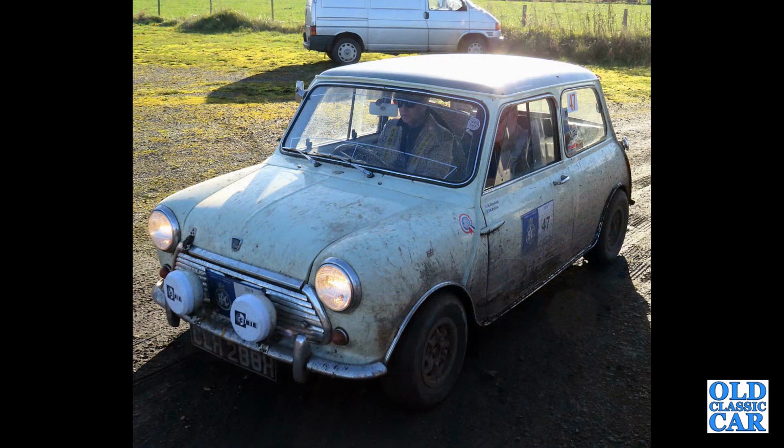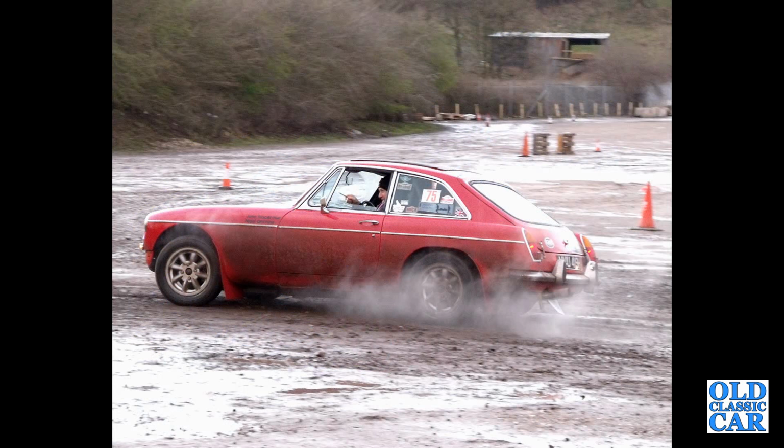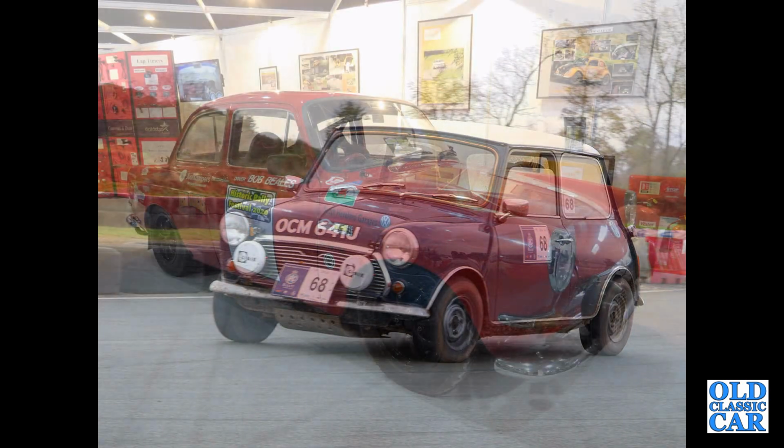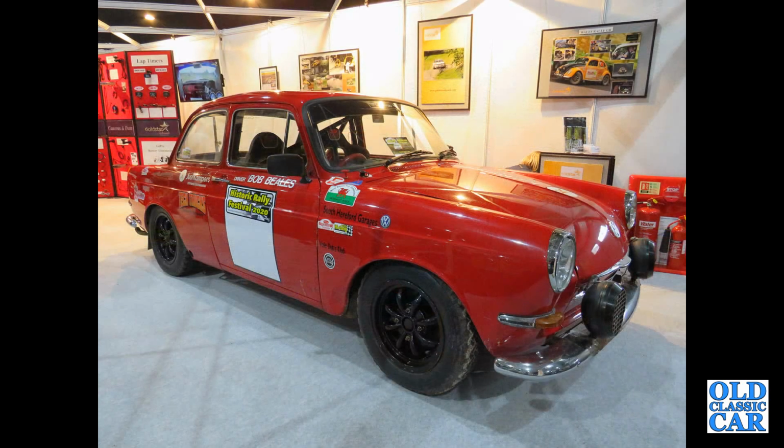Another Mini, this time a Mark II. An MGB GT, complete with Webasto folding sunroof. OCM 641J, that's a Mark III Mini, 1971, 1275cc, possibly a Mini Cooper. And this is a Volkswagen Type 3, the notchback variety,